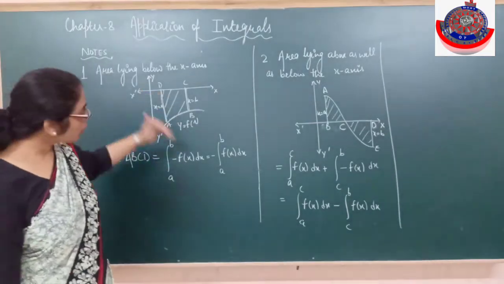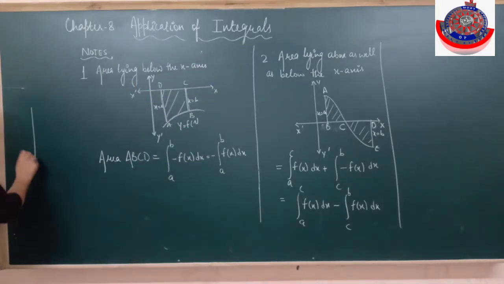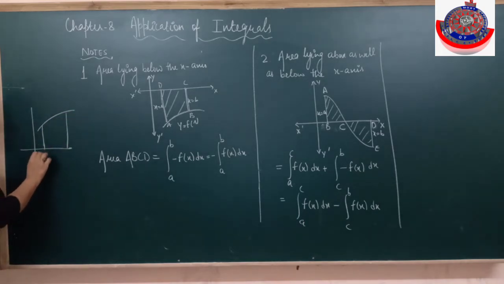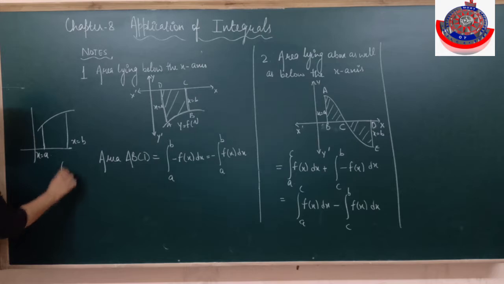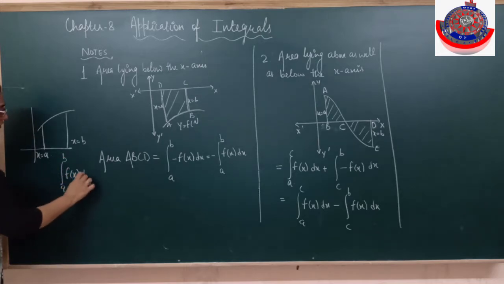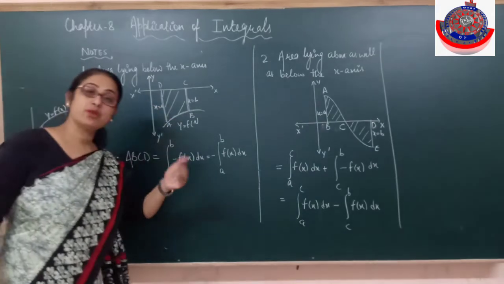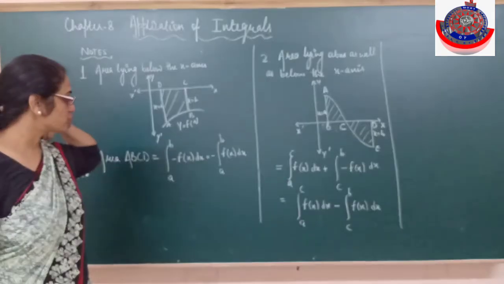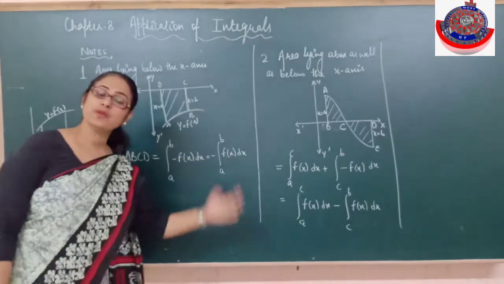If it is below the x-axis, what we did in the previous one, it is above the x-axis. What we did here? It is above the x-axis, then x equals a, and I need to find out till x equals b. It was the integral from a to b of f(x) dx if it is lying above the x-axis. Now if the area is below the x-axis, it will be the integral from a to b, whatever the limits are given to us, of minus f(x) dx, or minus comes out, minus the integral from a to b of f(x).